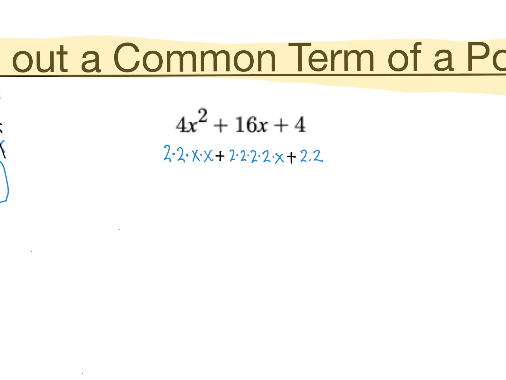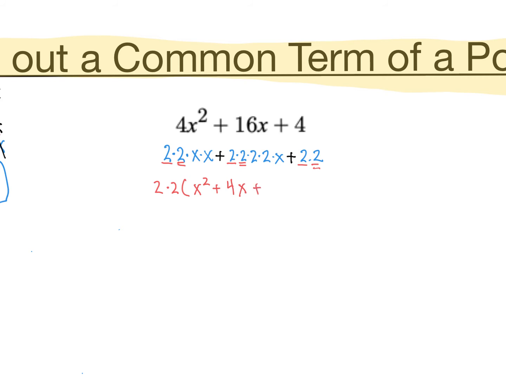So now we're going to go ahead and gather which numbers or variables each term in the polynomial has to give. So we're going to go, all right, there's a 2, I'm going to take that out, and then there's another 2 that's common with both, and I'm going to take that out. And what's left is x times x, which is x squared, plus, if I look over to the middle term, 2 times 2 times x, which is 4x,